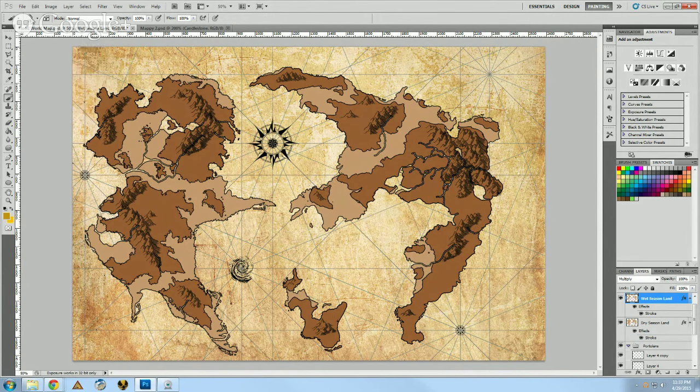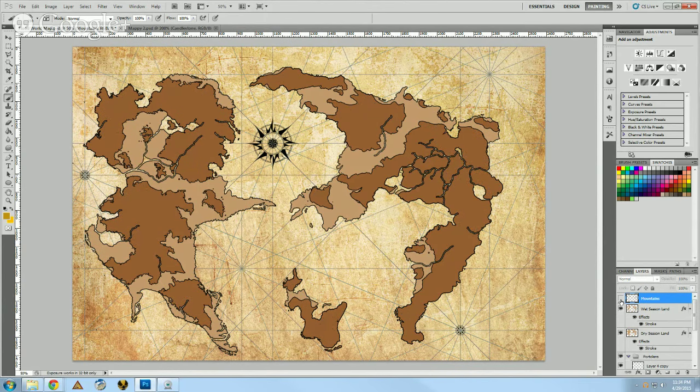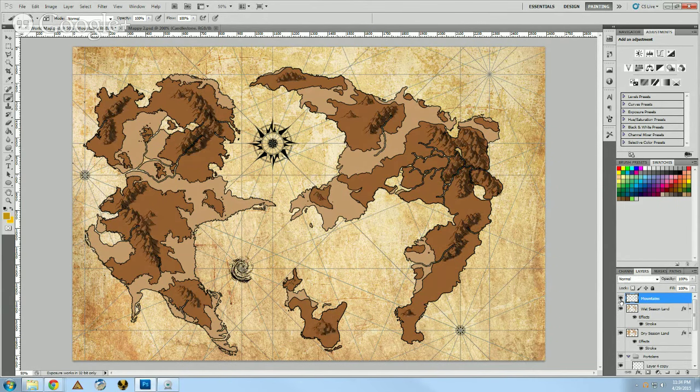Now, whenever you want to do these things like the mountains, if you notice I have a mountain layer right here, I would always keep it on the same layer. That way, if you want to turn it off or change something, it's always on that one layer and it will not affect your previous layers. I mentioned that GIMP is very similar to Photoshop. I don't know if they necessarily call it layers, but it is definitely in there